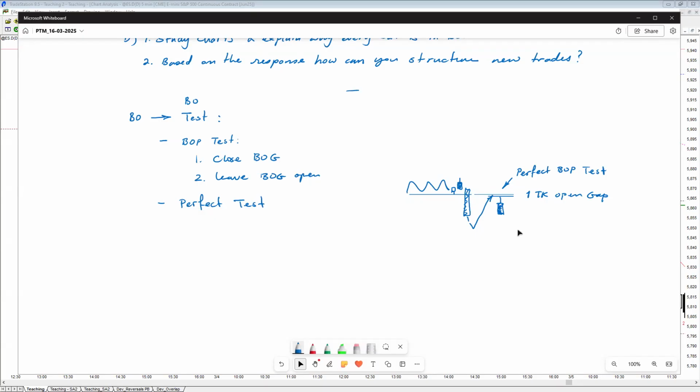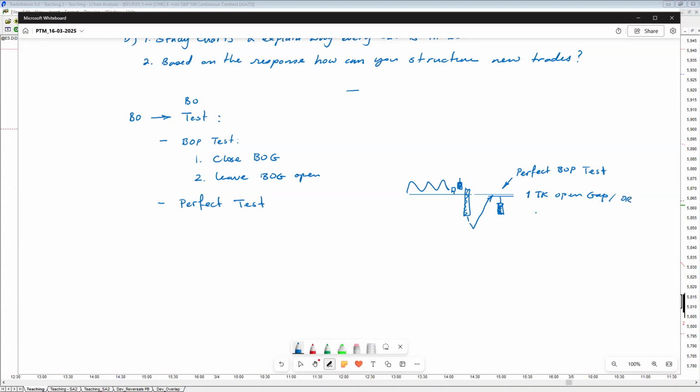They have the cumulative effect. They provide support. The probability numbers are very close to an open gap, at least one tick gap. Therefore, I think of both of them as the same thing. So for me personally, there is no requirement to have a one tick open gap; it can be just a perfect touch. So therefore, I'm going to say one tick open gap